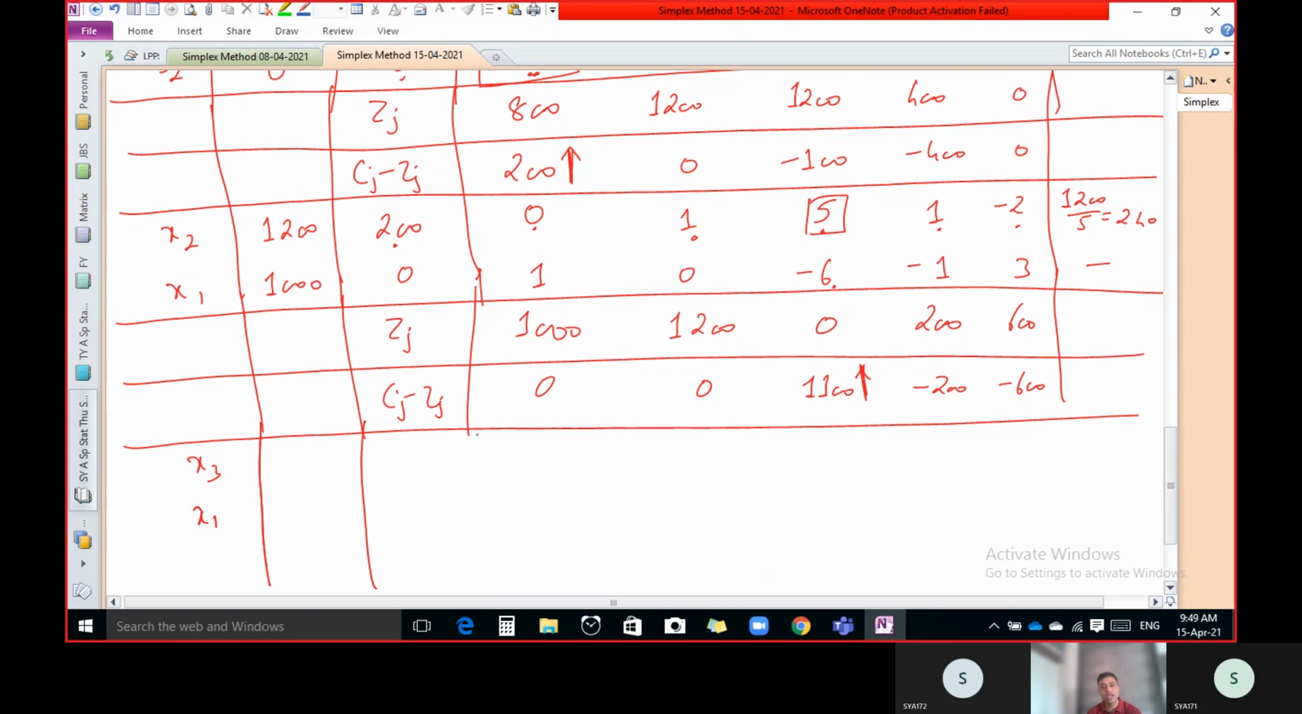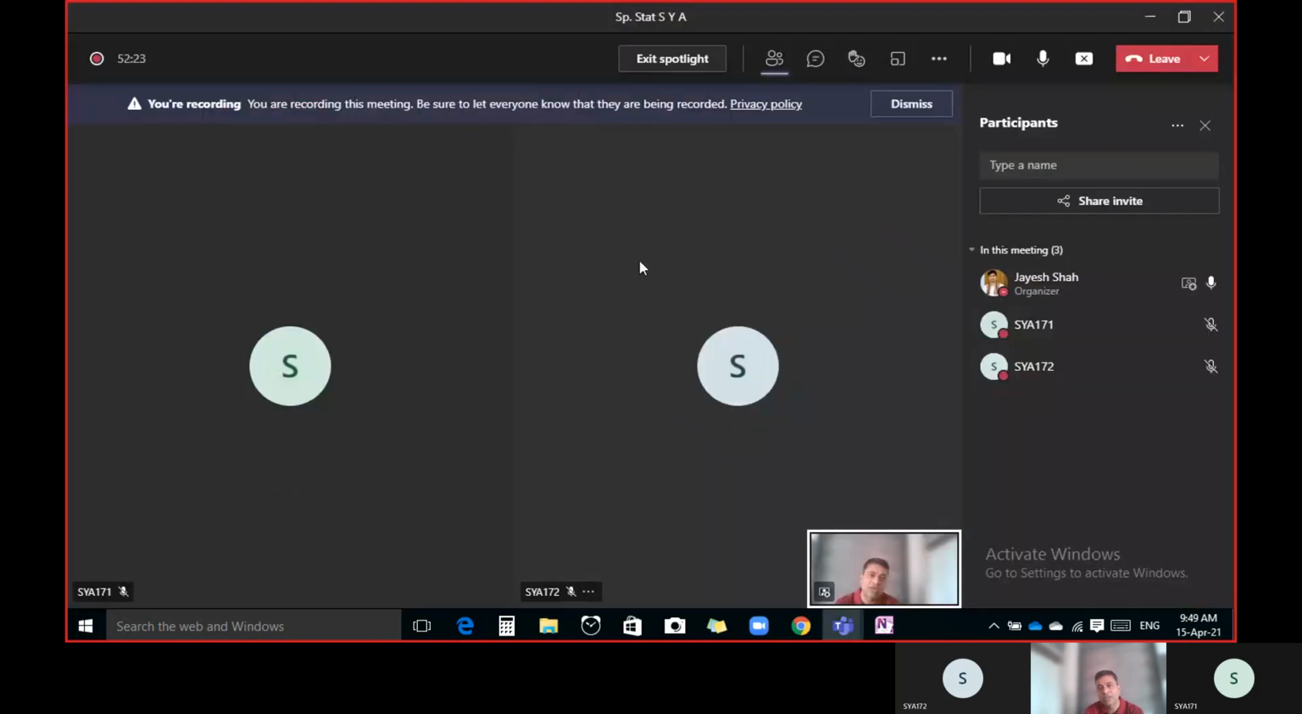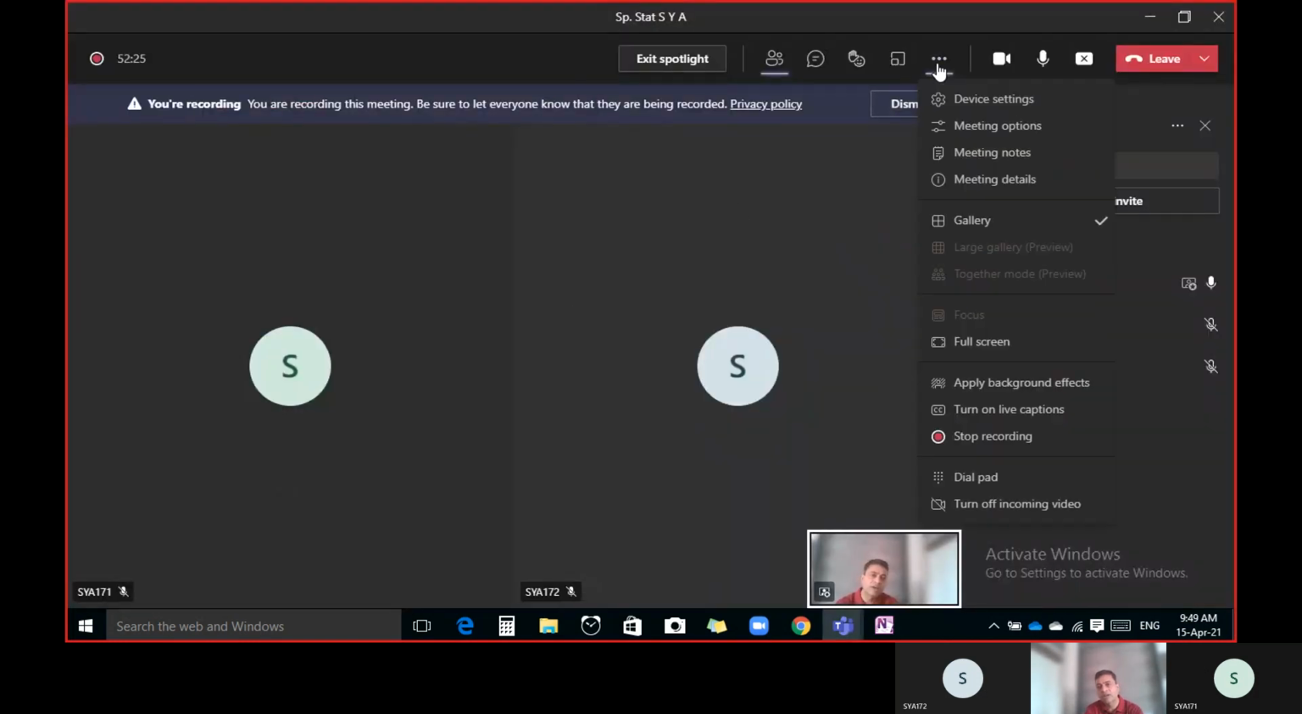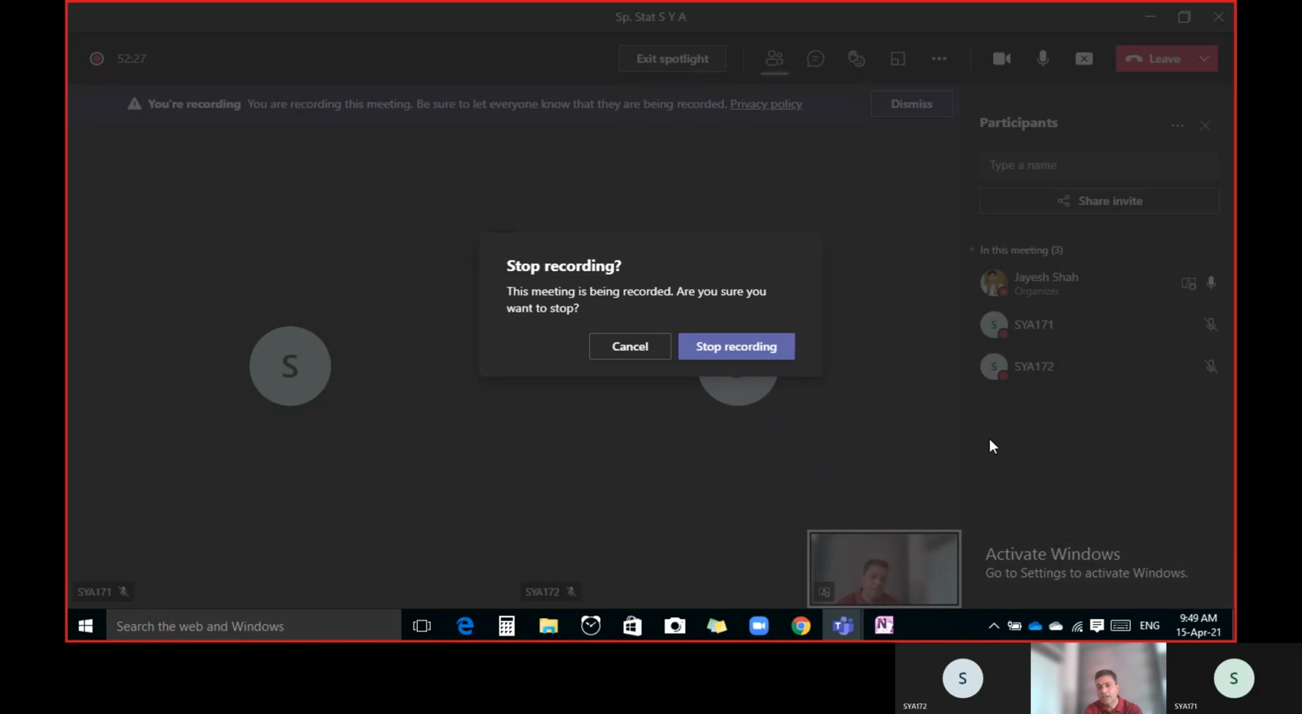So that is the way to solve. Once we get all these Cj minus Zj negative or 0, we can say that it is the end of the example. You try to complete and find out all these values, and in the next lecture we will continue with this table if you have any doubt. So this is enough for today. We will discuss your